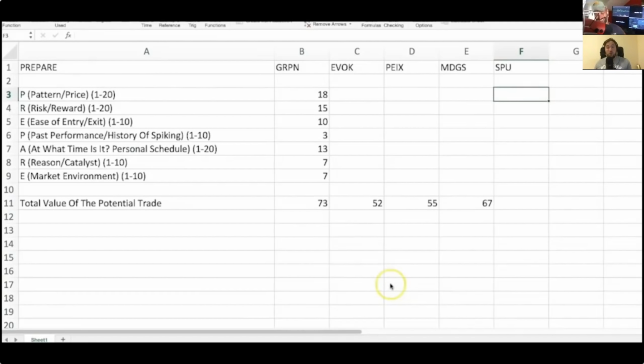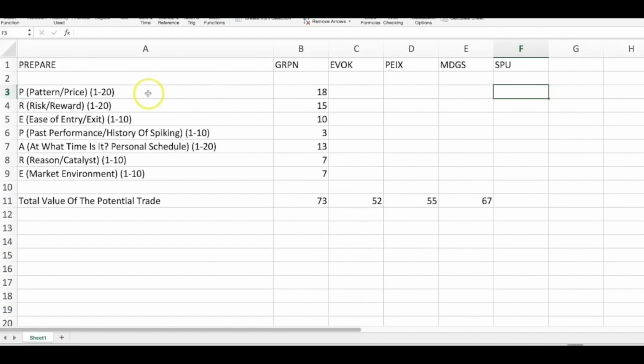But to have a competitive edge, you need to narrow your focus to death. And if that means only watching the market between 9 and 11, so be it. First, pattern, price. I love dip buying supernovas. I love trading supernovas as long as they fit my qualifications. And I'm not going to dip buy a supernova that just keeps dipping and dipping because I don't know where the bottom is.